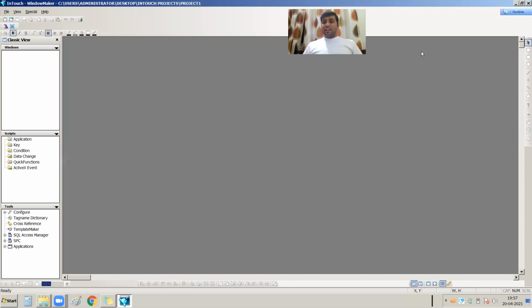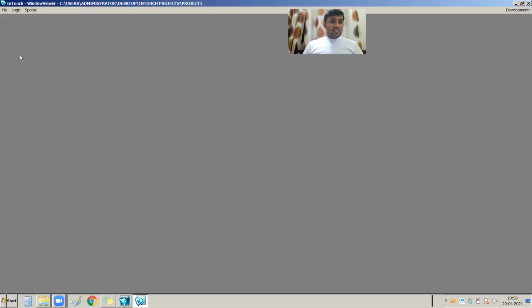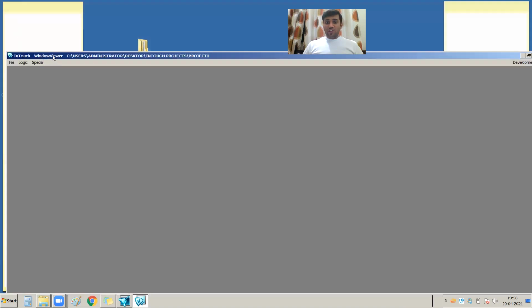Here on the top right-hand side, you can see the Runtime button. Runtime is the button to go to the Window Viewer screen. When I press this button, this screen opens, and it is nothing but the Window Viewer. At the top you can see that this is the Window Viewer.